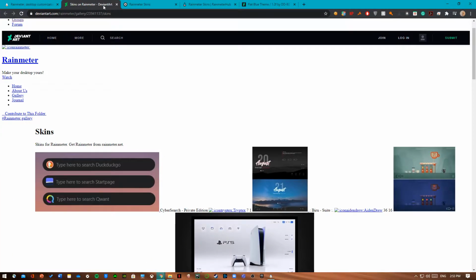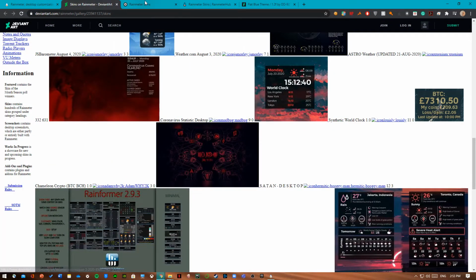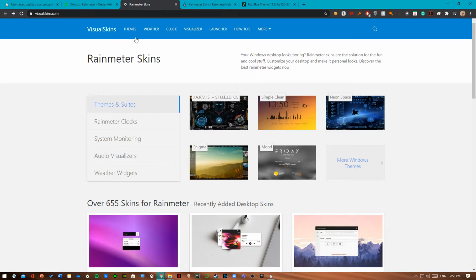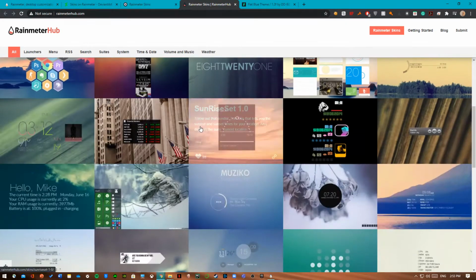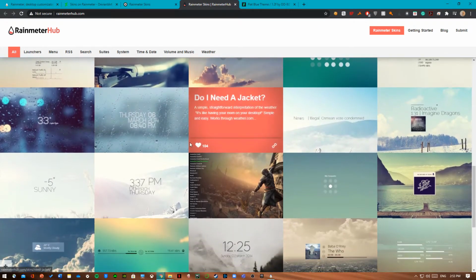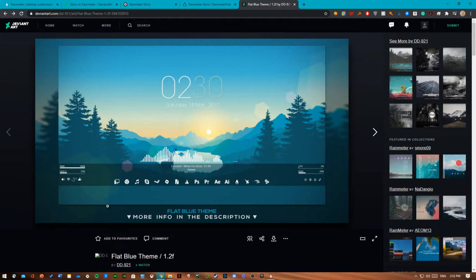I will have all the links in the description again for all these websites, like the DeviantArt, Visual Skins, and Rainmeter Hub. You can choose whatever skin you want, but for this video I'll do the flat blue theme. So all you have to do is just download the flat blue theme from here, hit download,